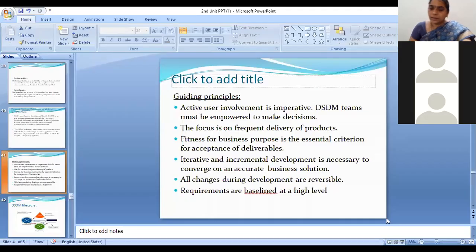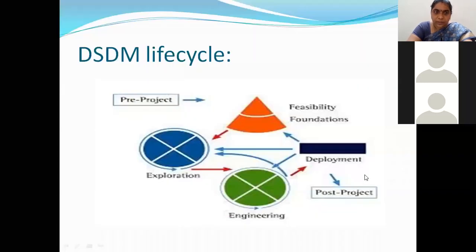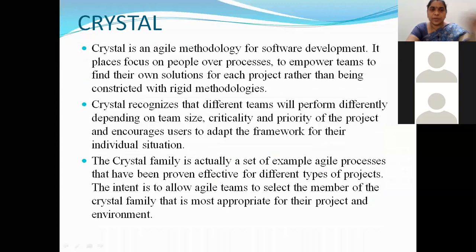And now coming to our next topic. Next process model is crystal. So as the crystal, you'll see the crystals, right? Crystals with different colors. And when you see a crystal, it will be showing different colors from different angles, right? Or a completely white crystal, yellow crystal, red crystal, all this.